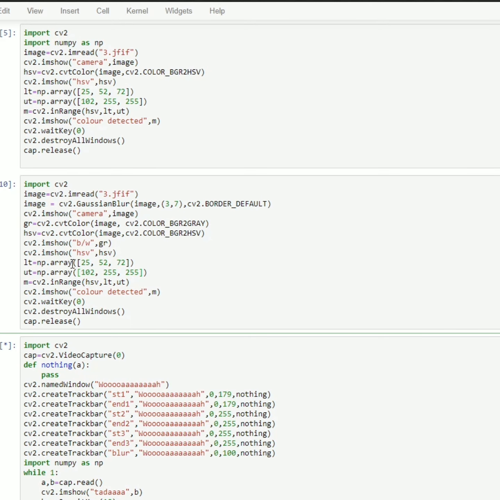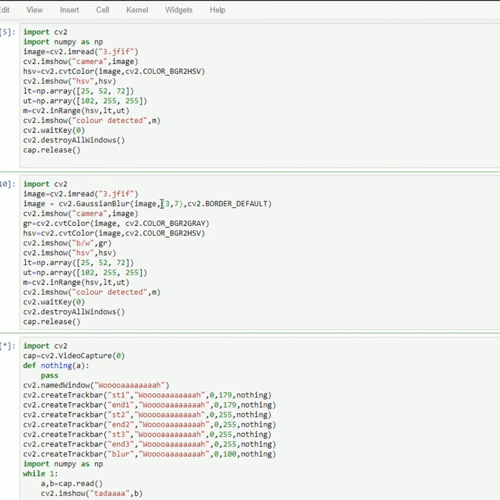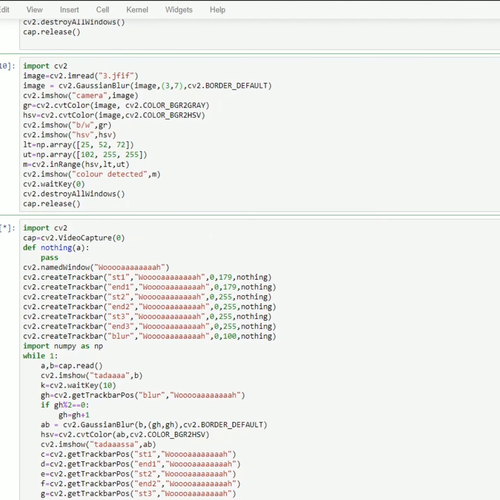The lower threshold and upper threshold. For lower threshold we have three values, HSV. Upper threshold similar, HSV. And also we have one more value called blur, like what intensity you have to blur to avoid the noises. So I need basically HSV lower limit, HSV upper limit and a blur, 7 variables. So I have to create 7 trackers.